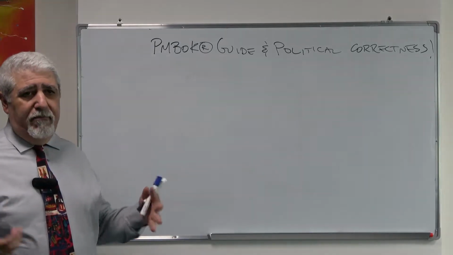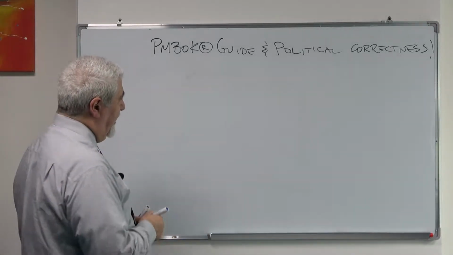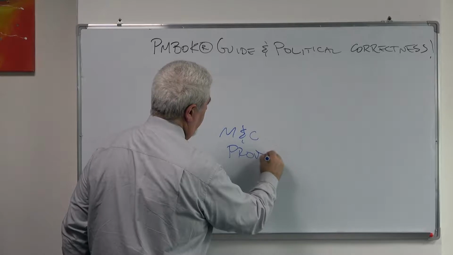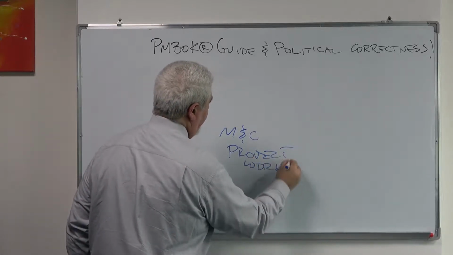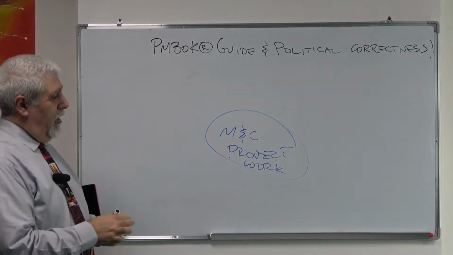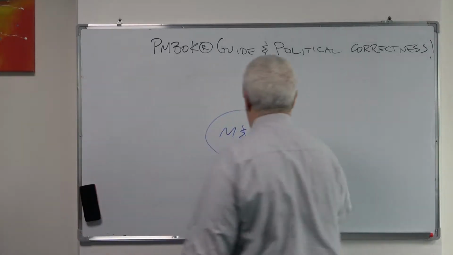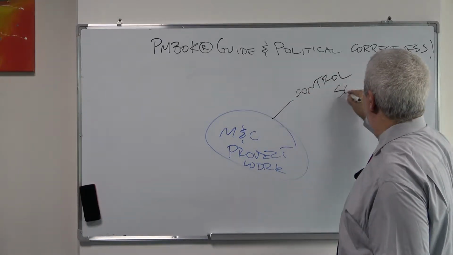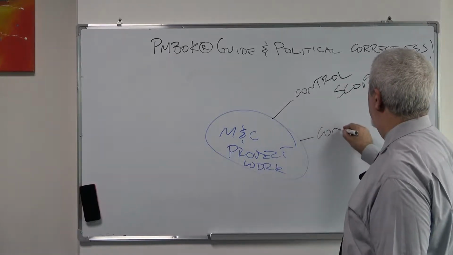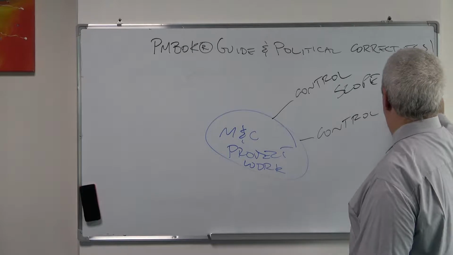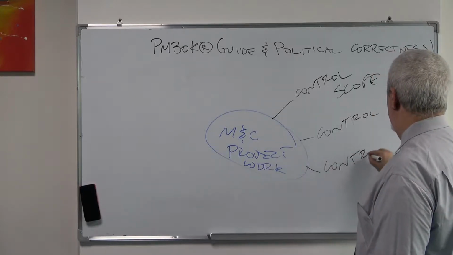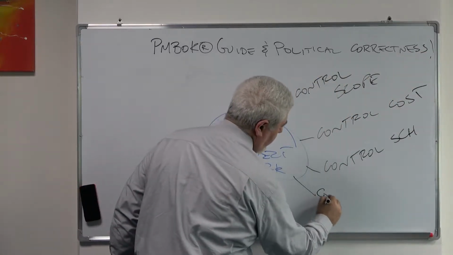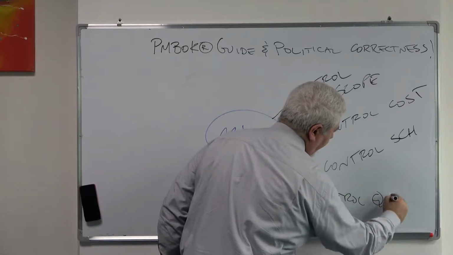When we come to the PMBOK guide and the names of the processes, obviously in integration, we have what we call monitor and control project work. That is part of integration. From this, we have the other knowledge areas. We have control scope, control cost, control schedule, control quality,